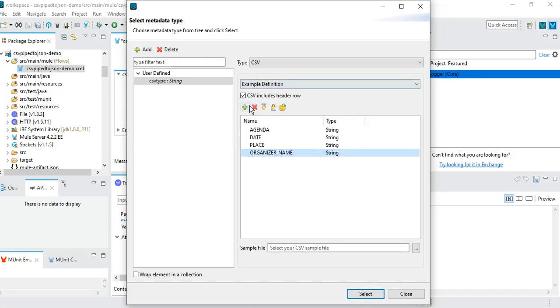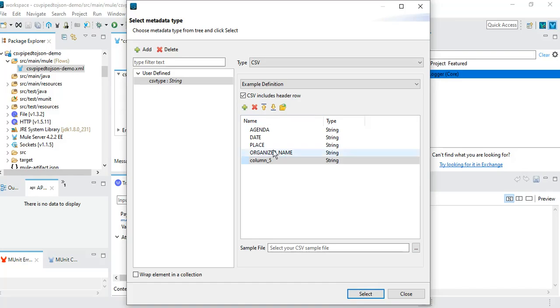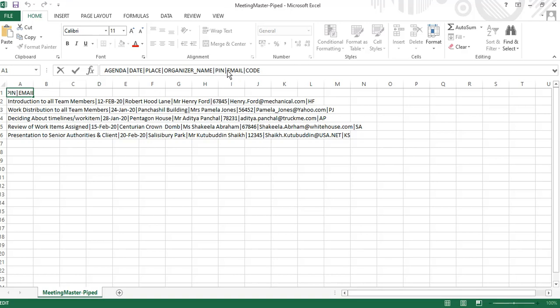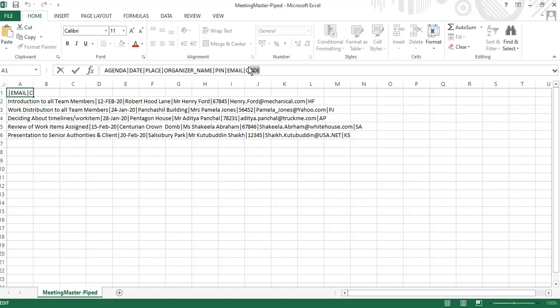Organizer name, and then one more, that is pin. So three more rather, pin, email, and the code. Let me have the pin, plus let me have email. So email, and one more, which is nothing but code.